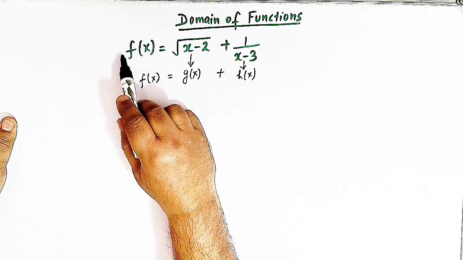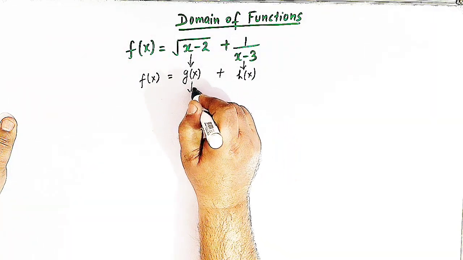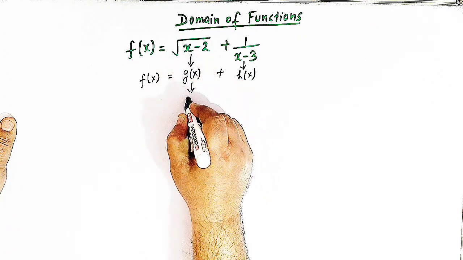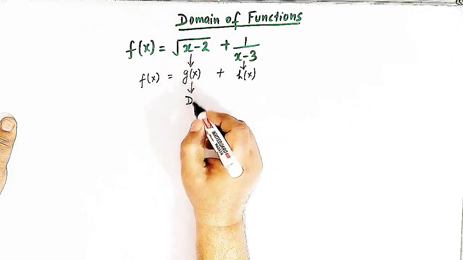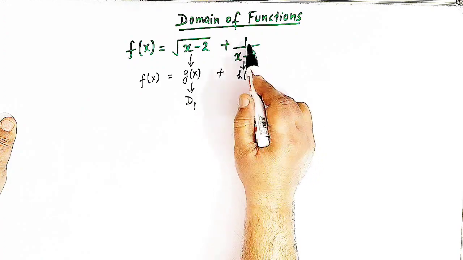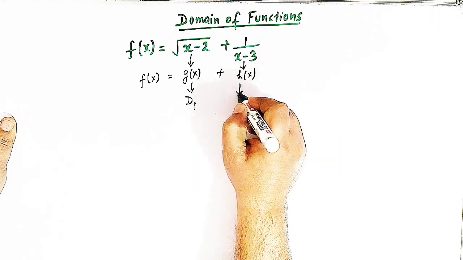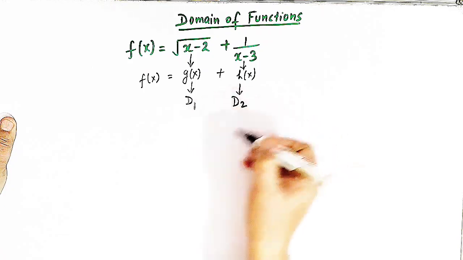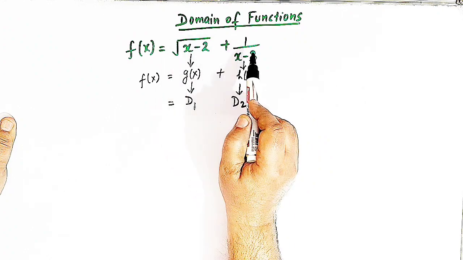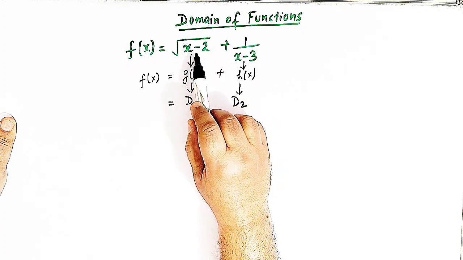So in order to get the domain of this function f of x, we'll first find out the domain of the function square root of x minus 2. Let us call the domain of this function d1, and then we'll find out the domain of the rational function 1 over x minus 3, and let us call the domain of this function d2. And then we'll identify the common values of x which simultaneously satisfy